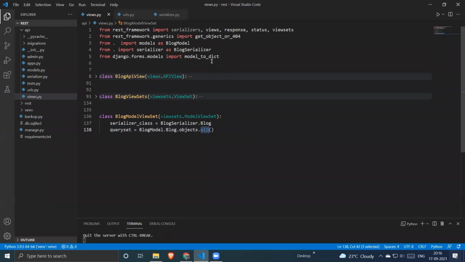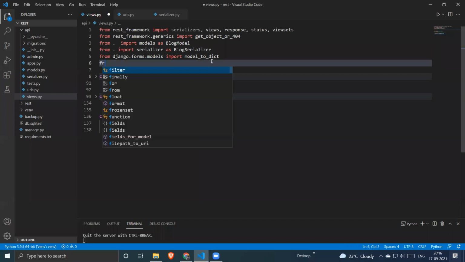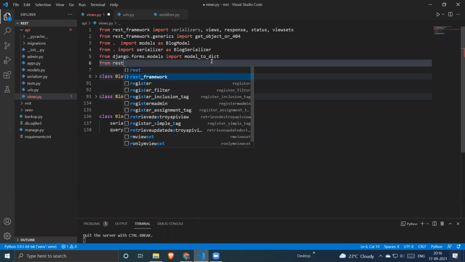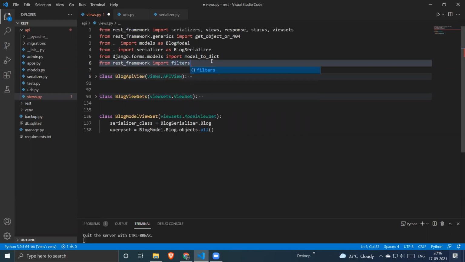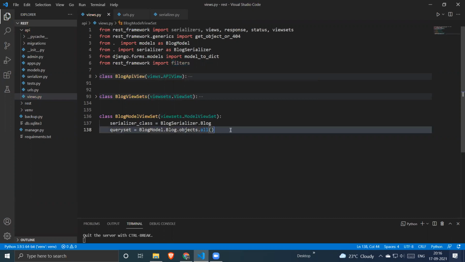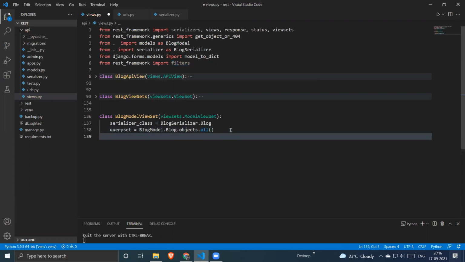Okay, so it will be imported from the REST framework. So from rest_framework import filters. Okay, we just have to import this filter class. And what we have to do is make a filter backend. So there is a keyword for the Django REST framework, which is